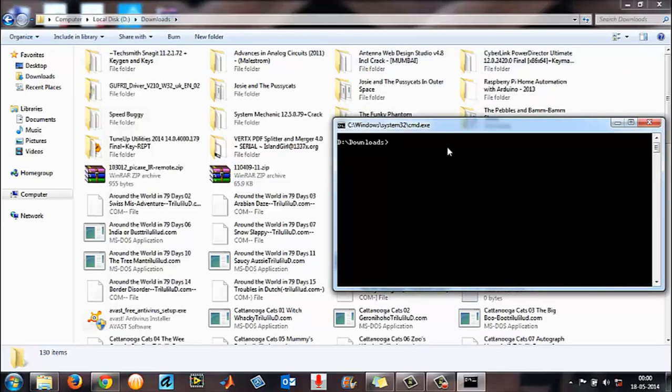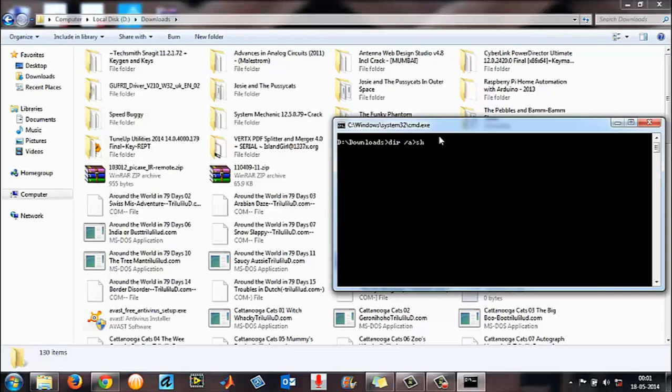In order to display all the files and folders in a particular directory, it can be displayed in a text file, or a .txt file. That is the Windows default document file. In order to do that, you need to type in here dir, space, /a, greater than, a name for your text file.